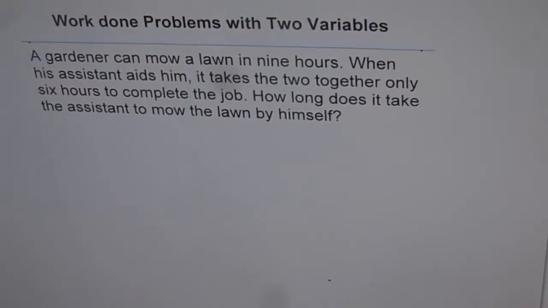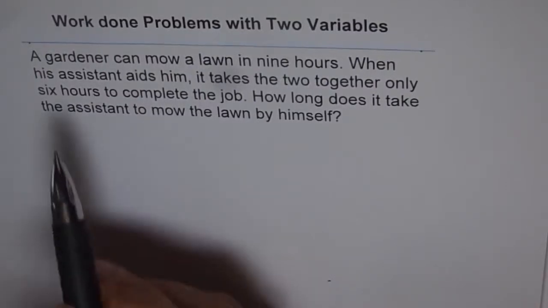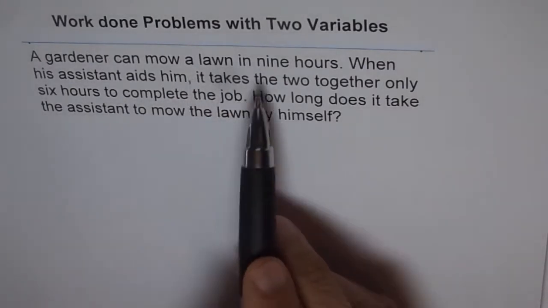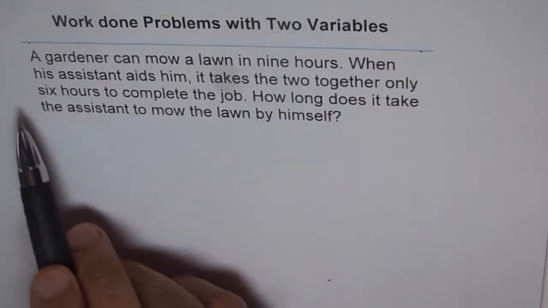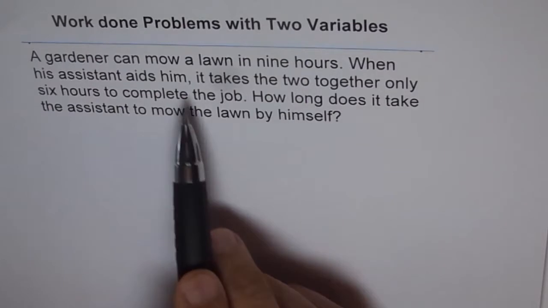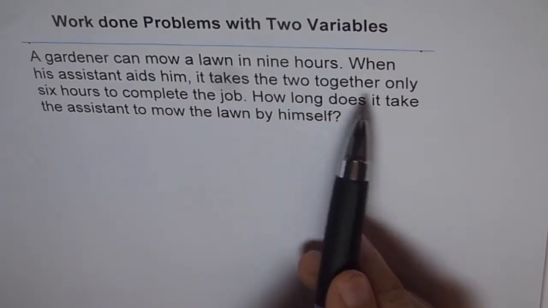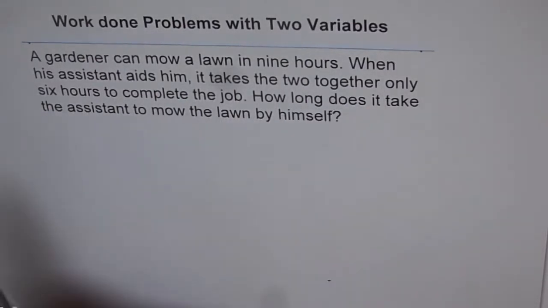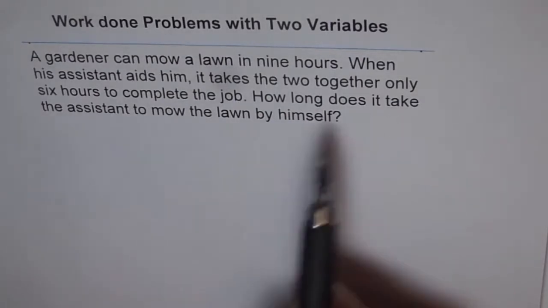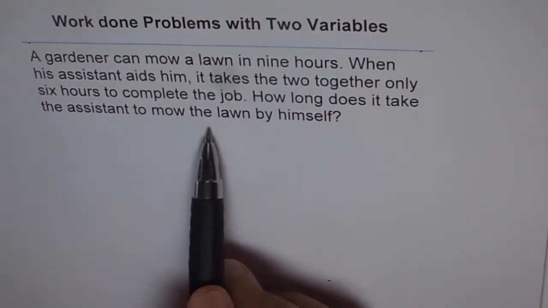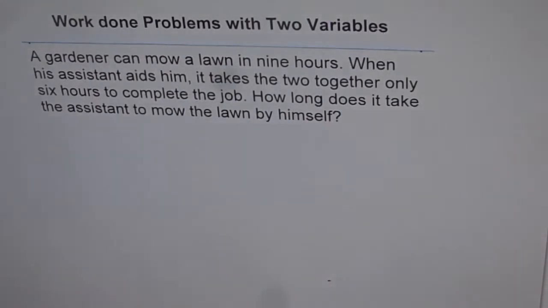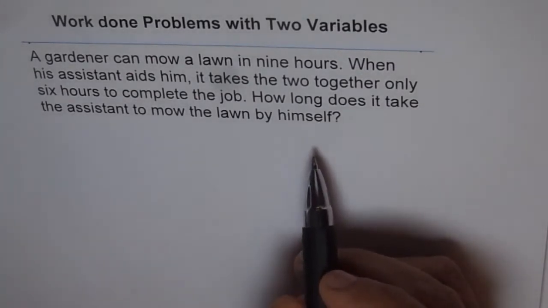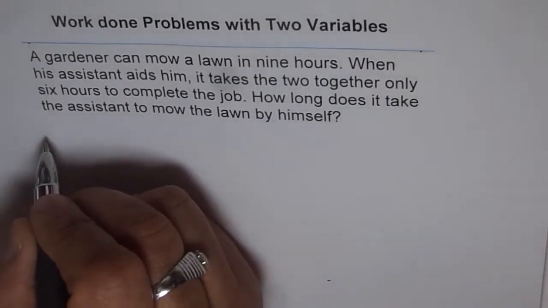Here is a work done problem with two variables. A gardener can mow a lawn in 9 hours. When his assistant aids him, it takes the two together only 6 hours to complete the job. How long does it take the assistant to mow the lawn by himself? So let's say that it takes the assistant X hours to complete the job, right? So let X be